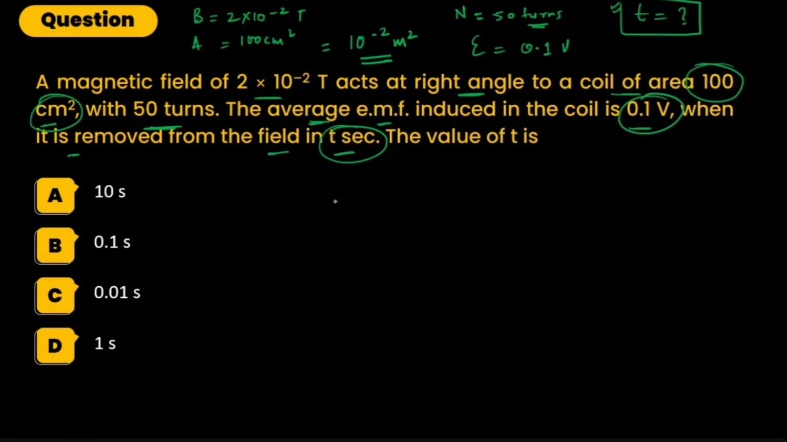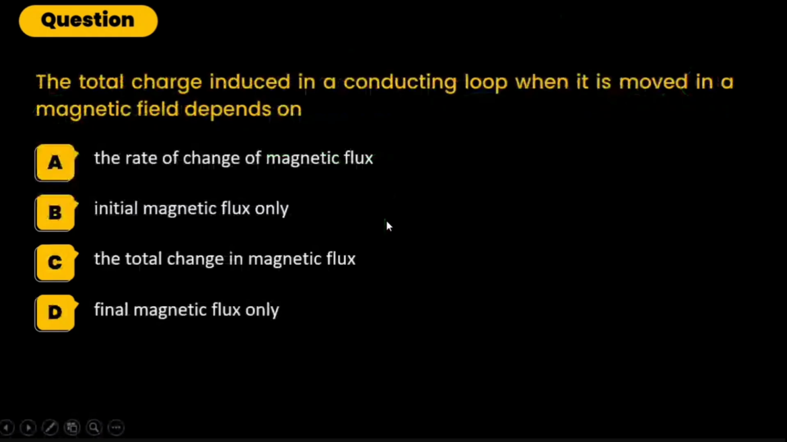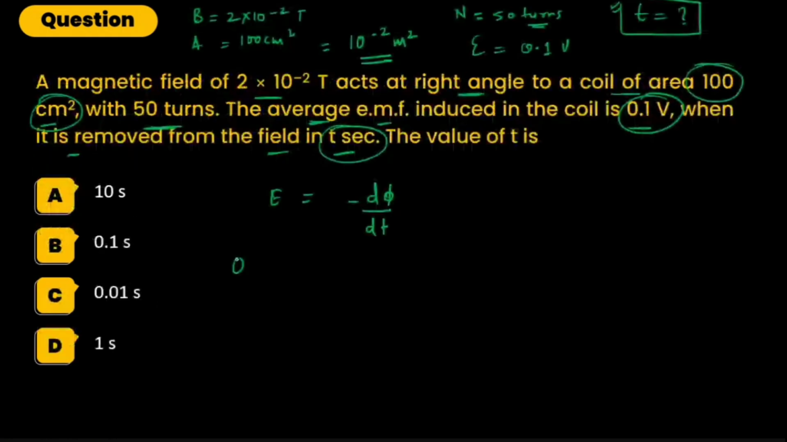That is what we have to find. So let us see the equation of EMF. It is nothing but negative of d phi by dt, to be precise. So EMF is 0.1. What is this flux? Flux is something you can say